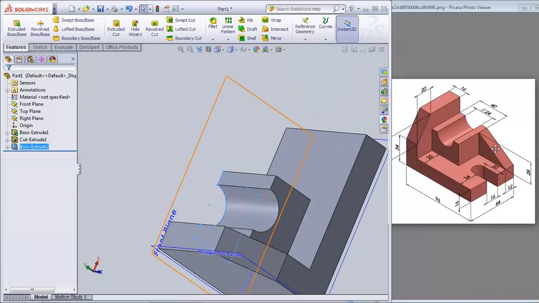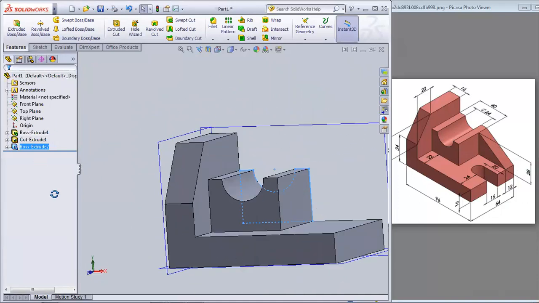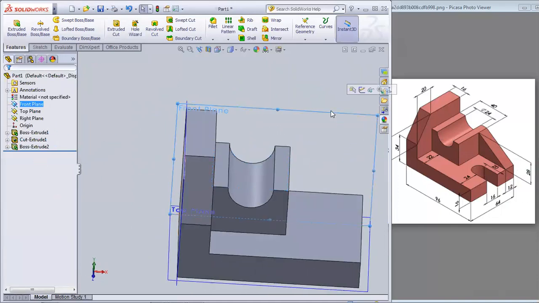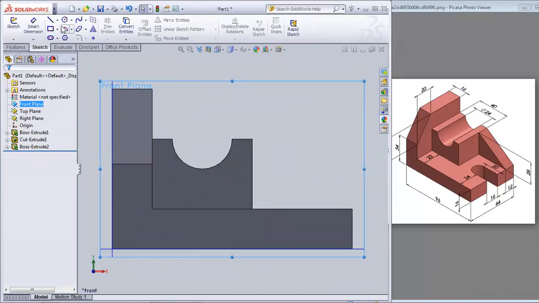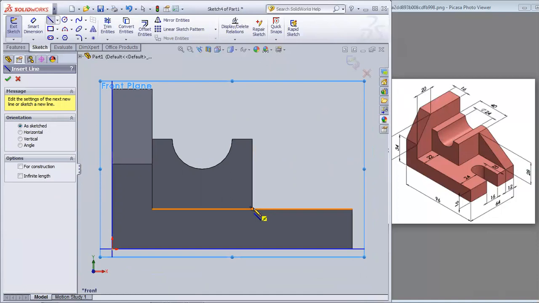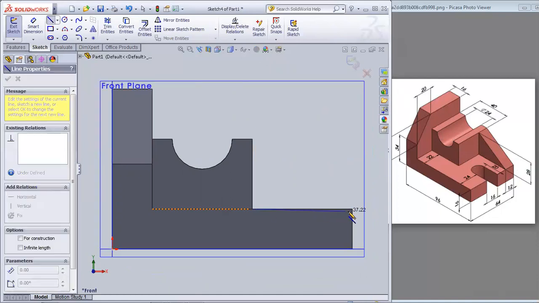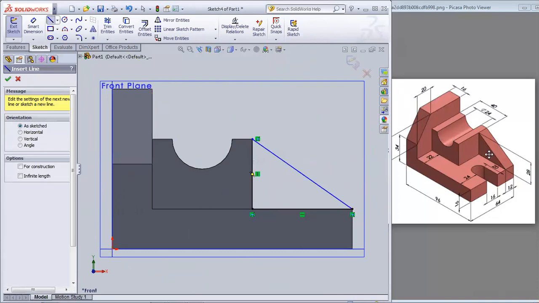So I am left with this part and this part, right? So I can repeat my part. I can again select this one. I can go perpendicular to this, and then I can go to sketch. I can draw a line. The line will start from here. The line stays till here, right? Then it goes over here. Then it comes here, right? So this cross-sectional triangle part is completed.